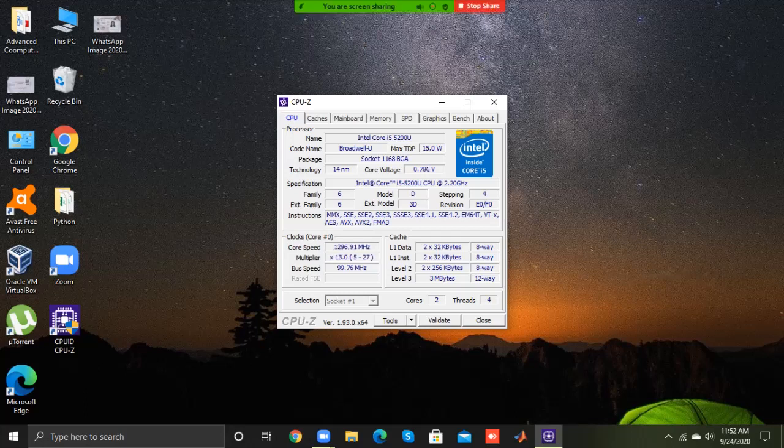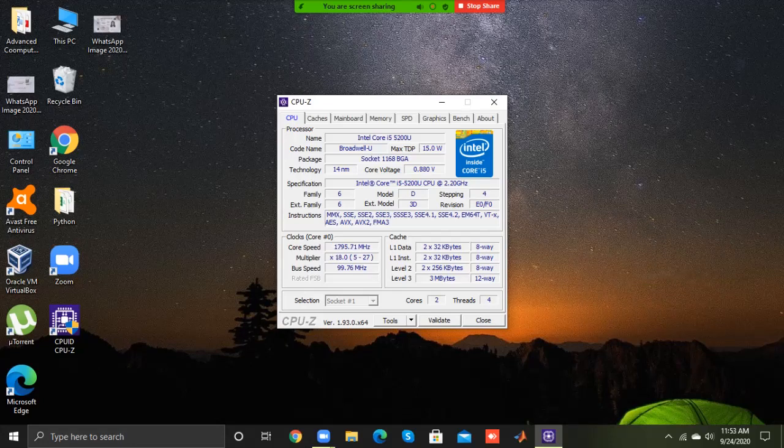Under the cache tab, it shows information on the cache of the processor. CPU cache is used to reduce the average time to access memory. The cache memory is faster than the main memory and it's directly inside the CPU package. The cache stores copies of the most frequently used data from main memory. Each core has 32 kilobytes of level 1 data cache. At the bottom, you can see that this processor has 2 cores and it runs 4 threads.